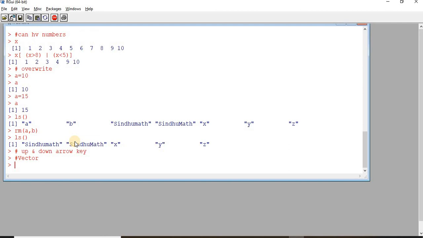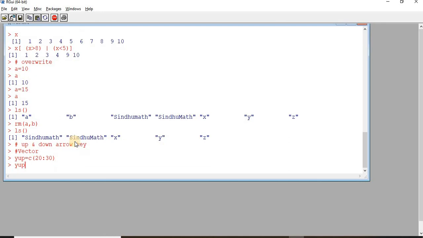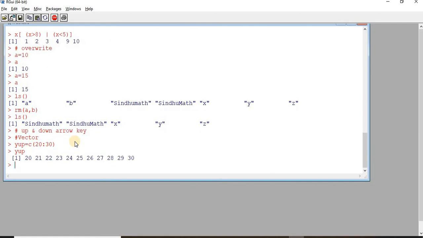One example that we have already seen is yup. I'm creating an object and it holds values between 20 to 30. So this YUP is an object that is holding values between 20 to 30. So this is a numeric vector, right?